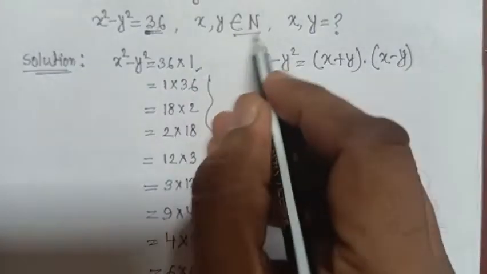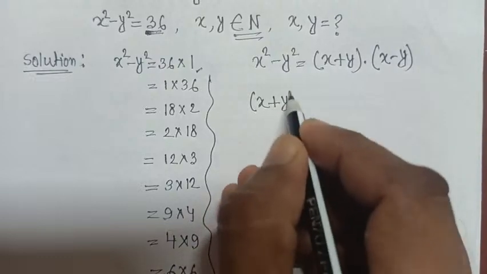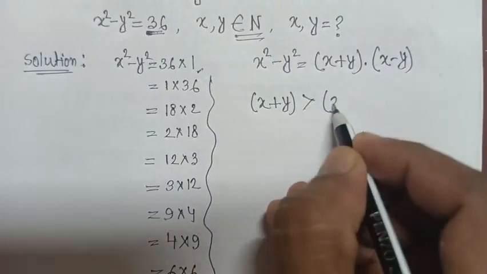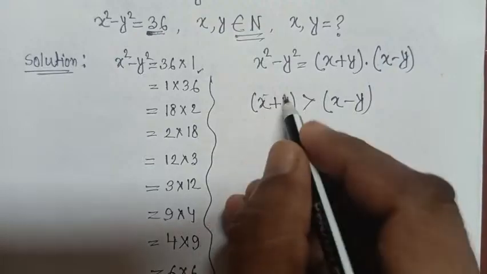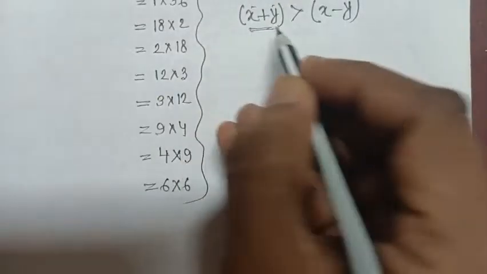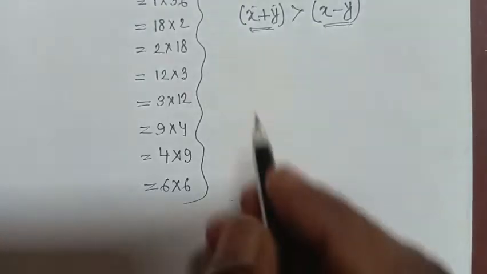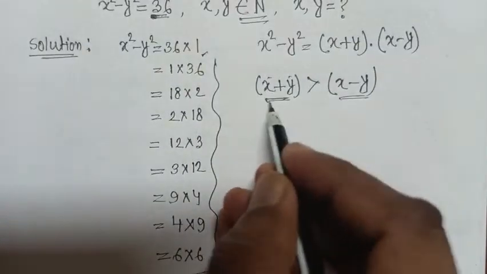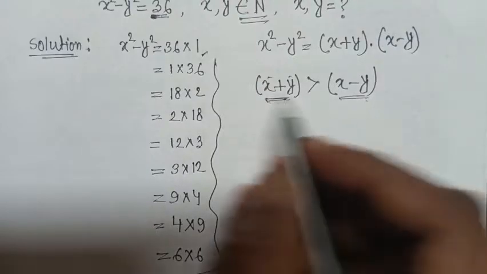For any natural numbers x and y, it should follow that x plus y is always greater than x minus y. So if we consider this scenario that x plus y should be greater than x minus y, then